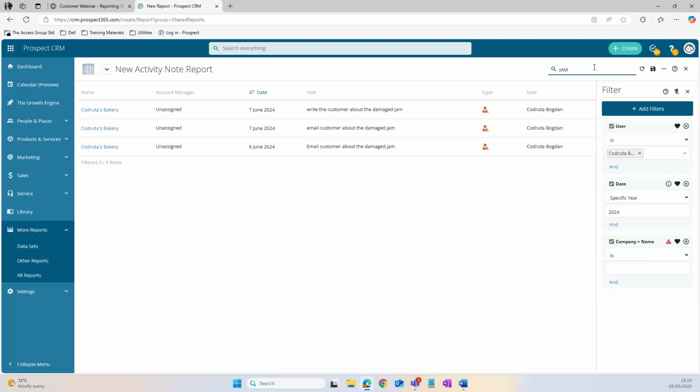So I can see that the last person that I spoke with is from Kodruca's Bakery. This is just a company that I created long ago. So I can see that and I can just go and have a look what's going on there. And that's the last note that I added. And this is basically what I want. Okay, so now all I want to do